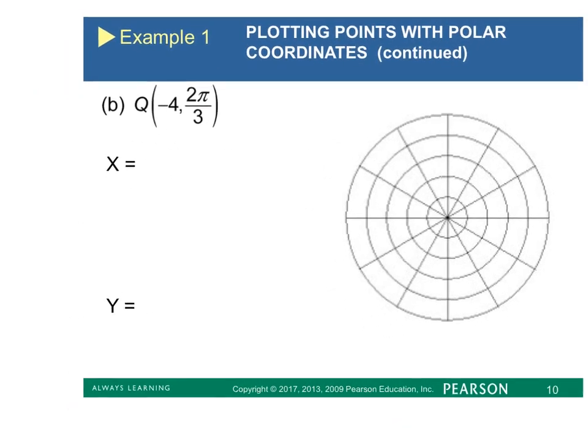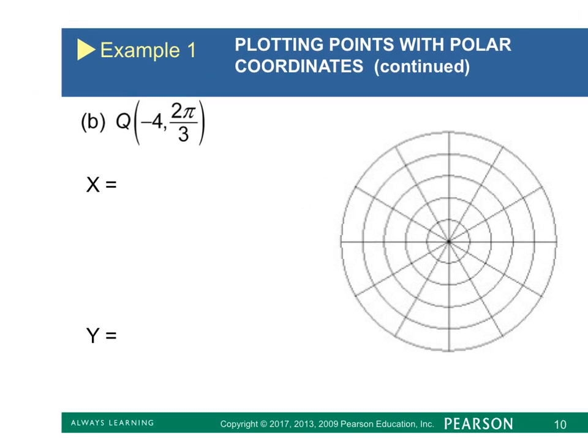All right, let's do another one. It's part B. Point Q in polar is -4, 2 pi over 3. Oh, good, he went to radians. So there's my pole. There's my polar axis, where the polar bears live. I'm going to go up 2 pi over 3, and do you remember what that is? Interpret it into degrees in your head. Pi over 3 is 60. 2 times 60 is 120. So 120, 30,